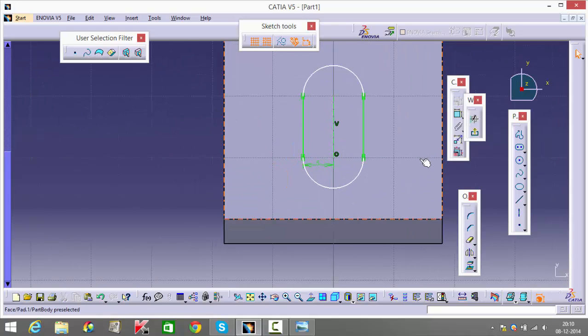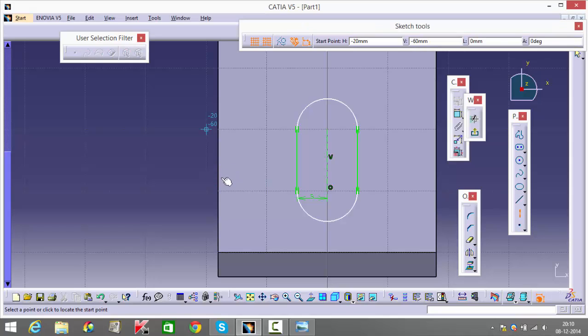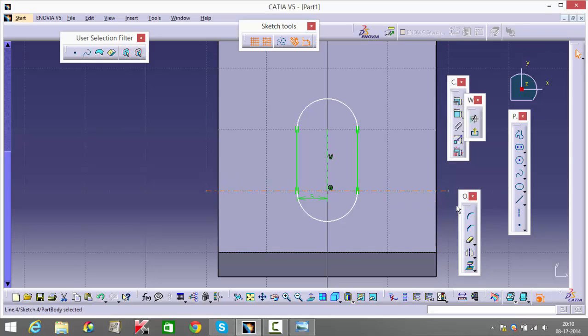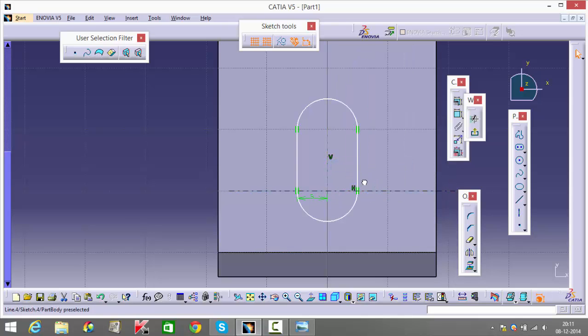Once we have this, we're going to take this axis line and just draw a straight axis line. It doesn't matter where it lies. If this is made coincident, we're going to delete this coincidence because we'll have to position this in a particular place. That particular place being the center of this entire figure. So the total length of this figure is supposed to be 8, and we want the center line to lie in the middle of that. So we're going to make this 4,